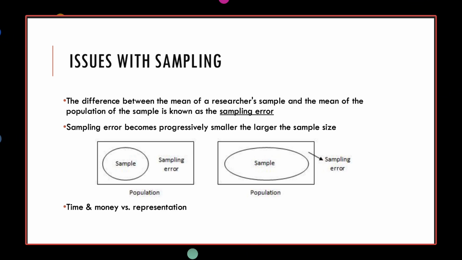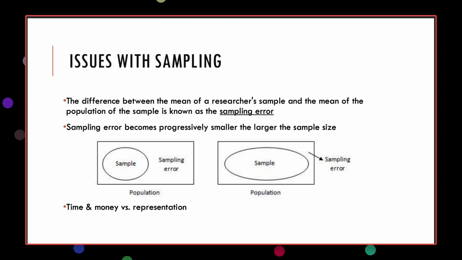So the margin of error tells you the range where the real answer probably falls. If a poll says 52% of people support something with a plus or minus 3% margin of error, the true percentage is probably between 49% and 55%. You add or subtract 3% to that 52.